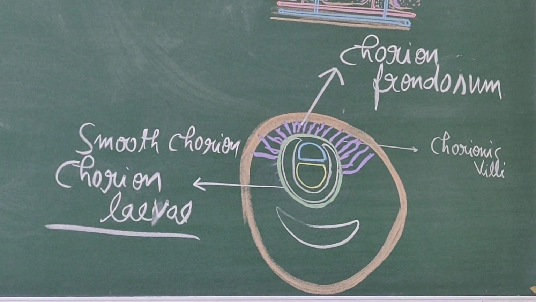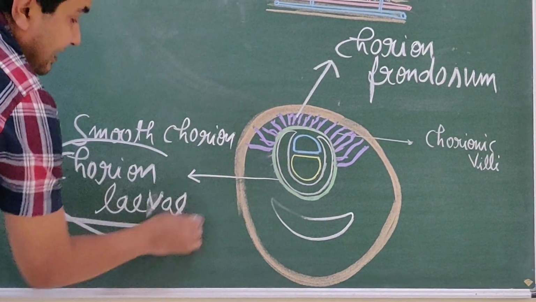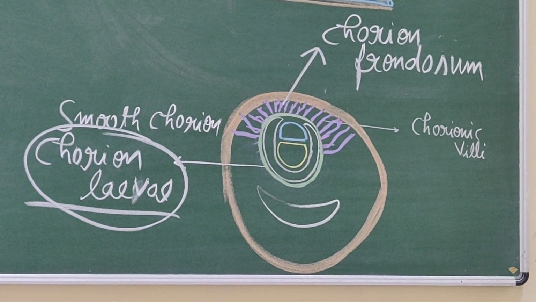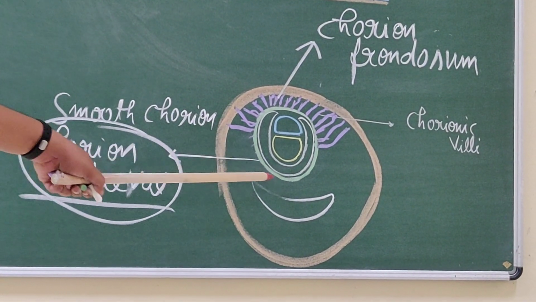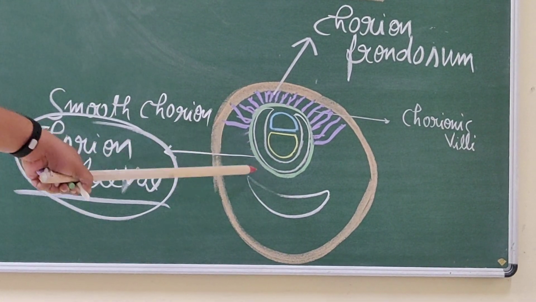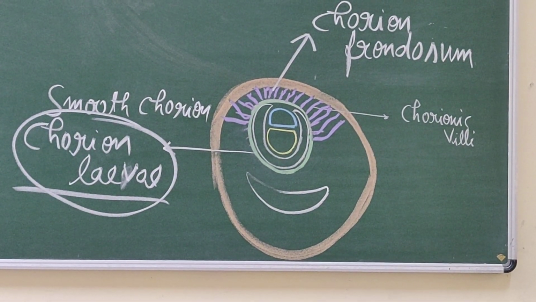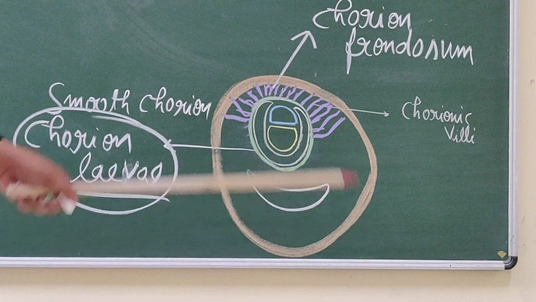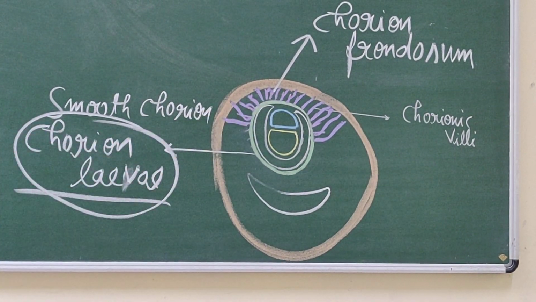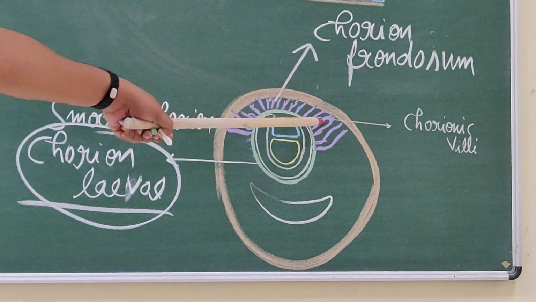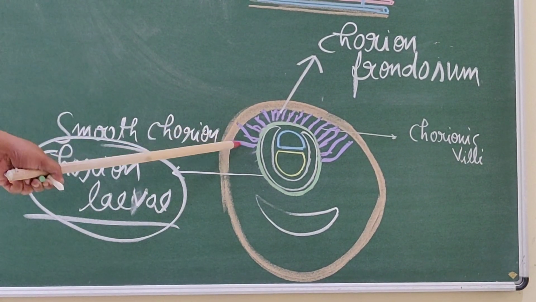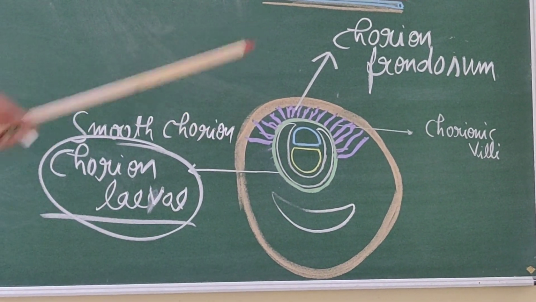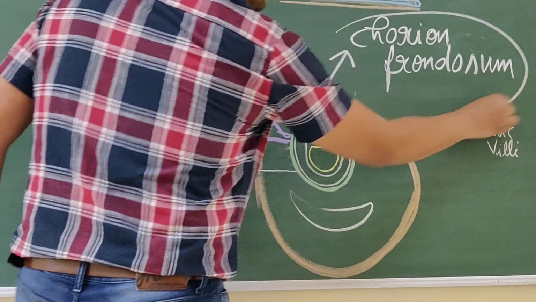So we have two regions. It is the chorion laeve, where the chorion becomes smooth due to the degeneration and disappearance of these villi. It is the region of the decidua capsularis, while the chorion frondosum is the region towards the decidua basalis where these villi proliferate rapidly and invaginate the decidua basalis. So this region is the chorion frondosum.